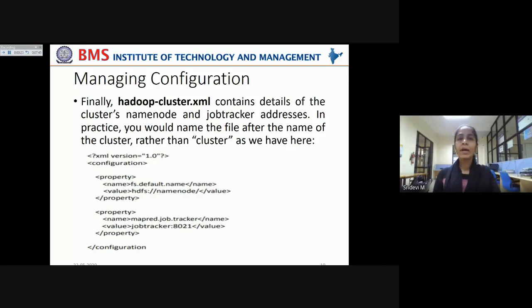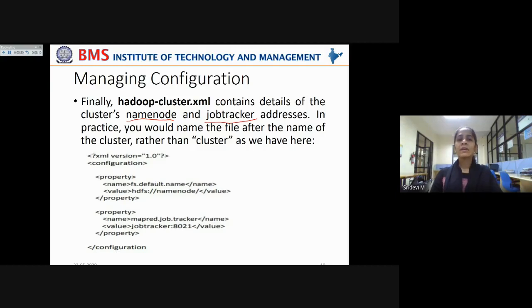And each name node can hold the file system under a specific root directory. For that, this Hadoop-cluster.xml contains details of that particular cluster's name node, and where the job tracker is actually residing, where the job tracker is running. Those addresses will be mentioned in this Hadoop-cluster.xml file.